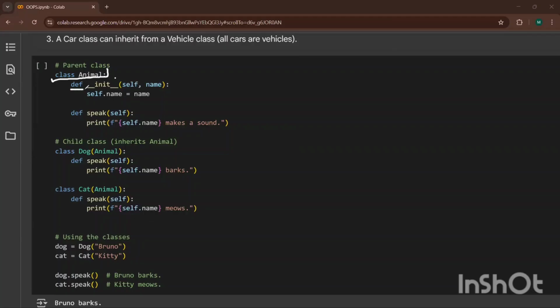I'm using the def __init__ constructor with self, and I'm taking the property name this time: self.name equals name. Now in this particular class, I'm giving a method known as speak: def speak(self), print self.name makes a sound.